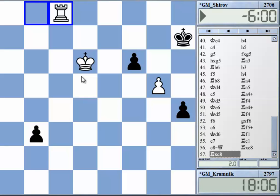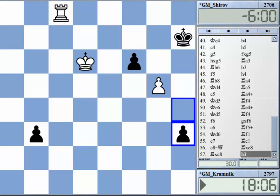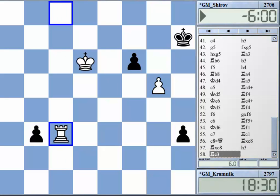And now here's a big parting of the ways. Black can play various moves here. Let's start with the pawn advances, the immediate pawn pushes. So h3. On h3, white has the very important move rook c3, attacking both b3 and h3, and it's also with check. h3 is hanging with check. This is the main point here. So he threatens to basically take both pawns,